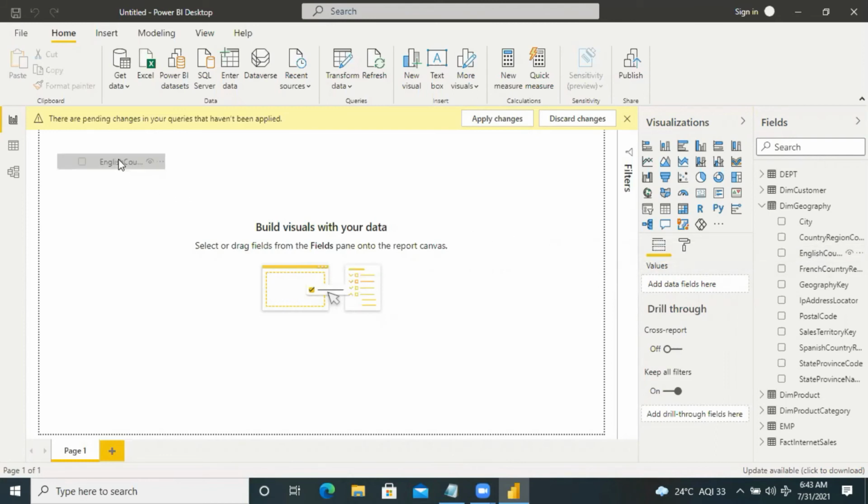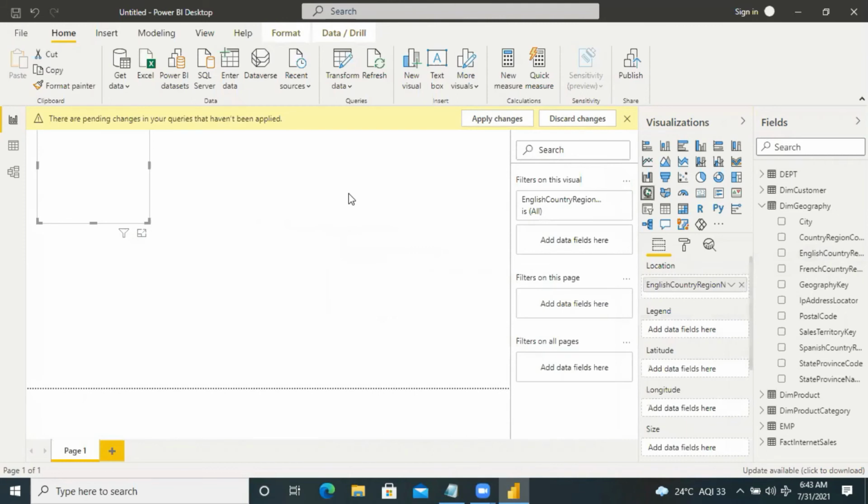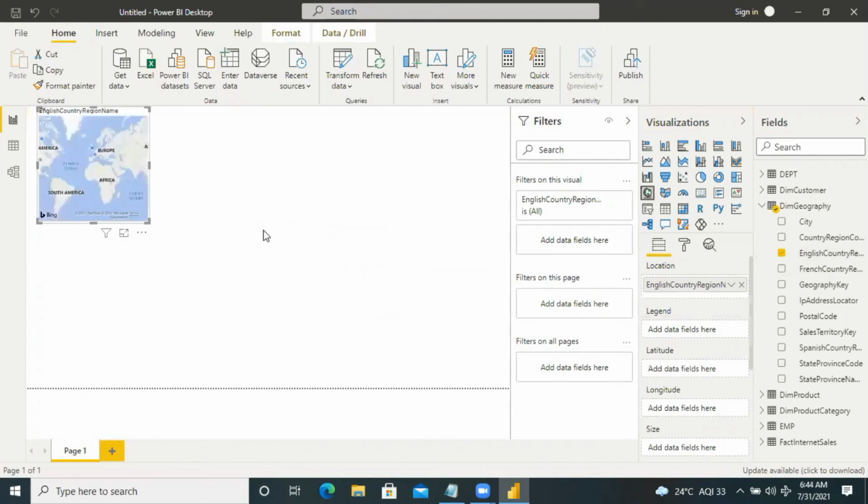By default it will be the table visual only.